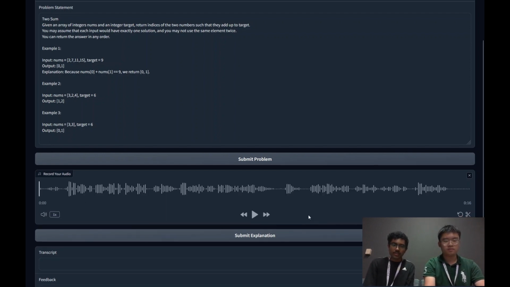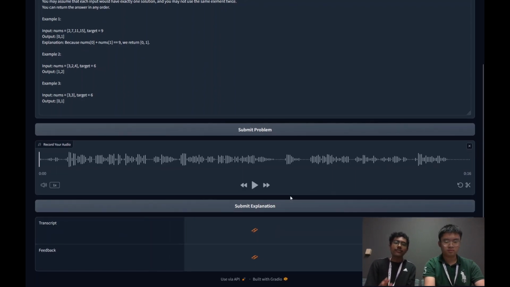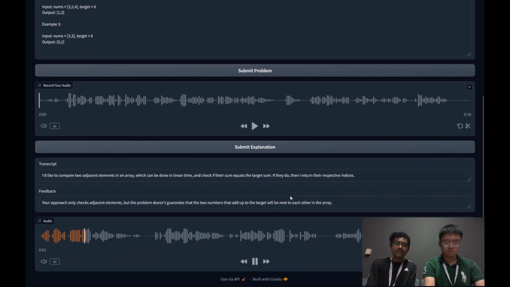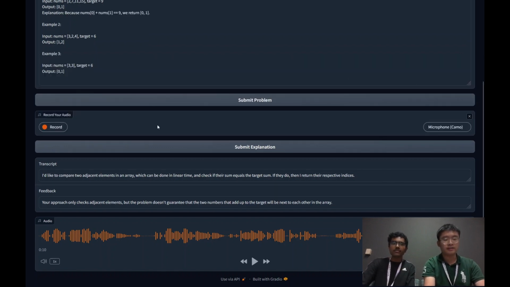Now, when Leonardo clicks Submit Explanation, under the hood, the speech is converted to text and then it's evaluated by Grok LLMs. "Your approach only checks adjacent elements, but the problem doesn't guarantee that the two numbers that add up to the target will be next to each other in the array." As you can see in here, it provides feedback about your solution, and Leo picked a solution which wasn't correct. So because I was given this feedback, I can go ahead and provide another solution